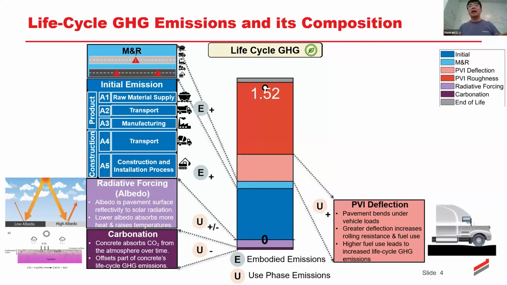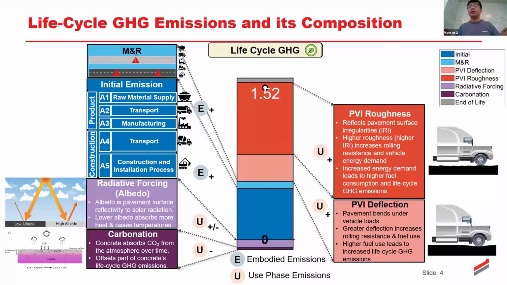Another pavement-vehicle interaction, or PVI interaction, is shown in red, which is the PVI deflections. When the pavement surface has a slightly lower stiffness, users of the vehicles need to put more gas in to keep the same speed, which we call excessive fuel consumption, contributing to the PVI deflection impact. And with a similar story, when a pavement is relatively rough, which we indicate using the international roughness